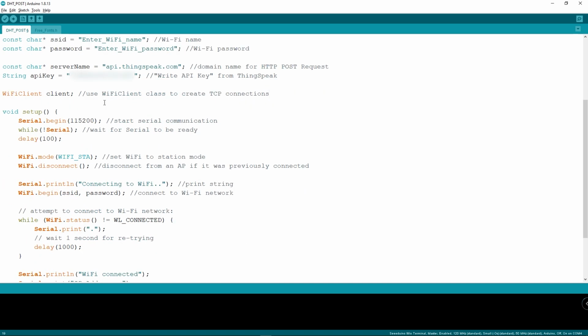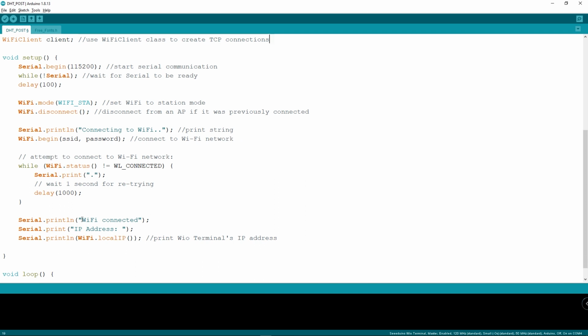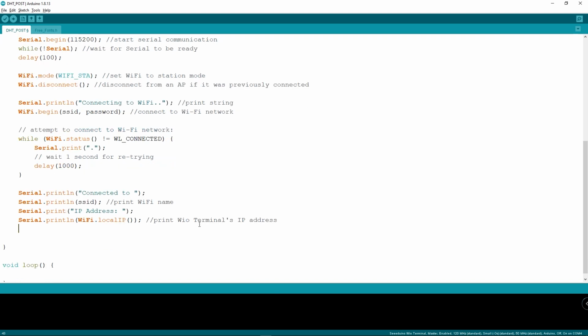Next, we will use the Wi-Fi client class to create TCP connections. After this is the setup. So inside the setup, we have written the codes to connect to a Wi-Fi network, and here we will add this. So this will print the Wi-Fi name first, and then after this print an empty line.